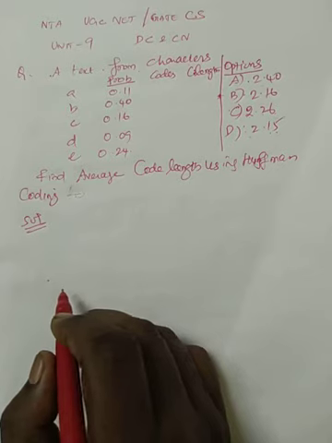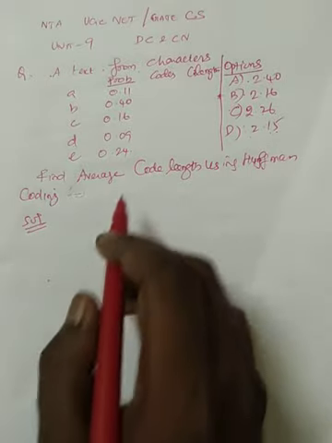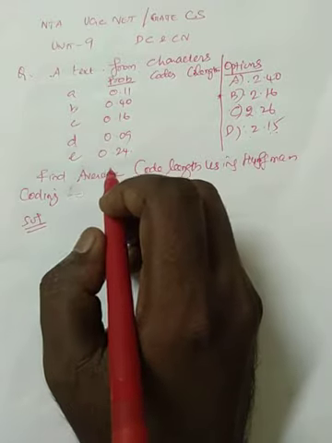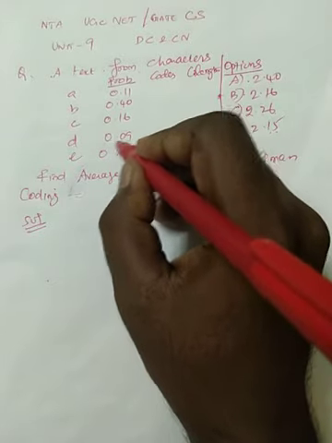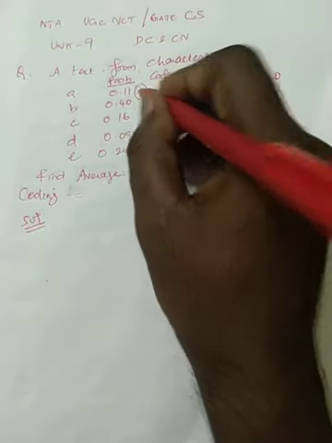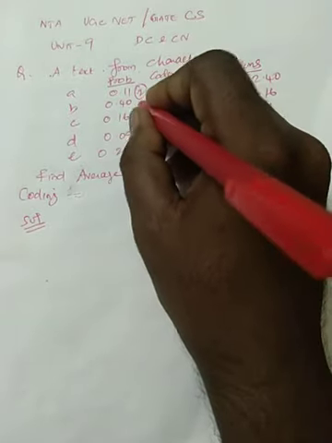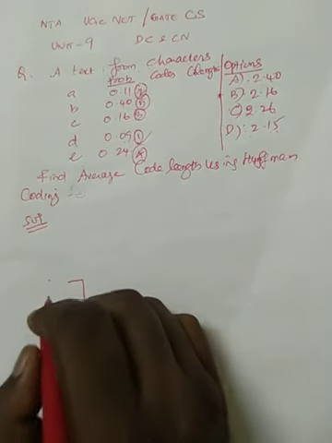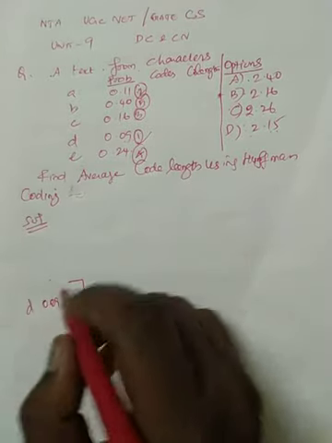What you want to do here is represent it in the following way. First, I want to take these probabilities from least to highest. So first the least probability, which is 0.09, then this one is second least, the next is third least, this is fourth least, and the highest probability is this one. First I am taking the least probability 0.09, and the character is D.